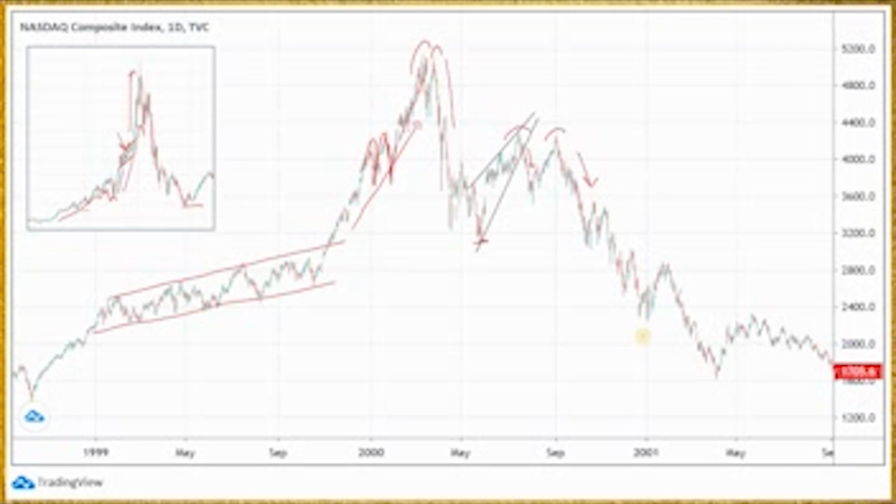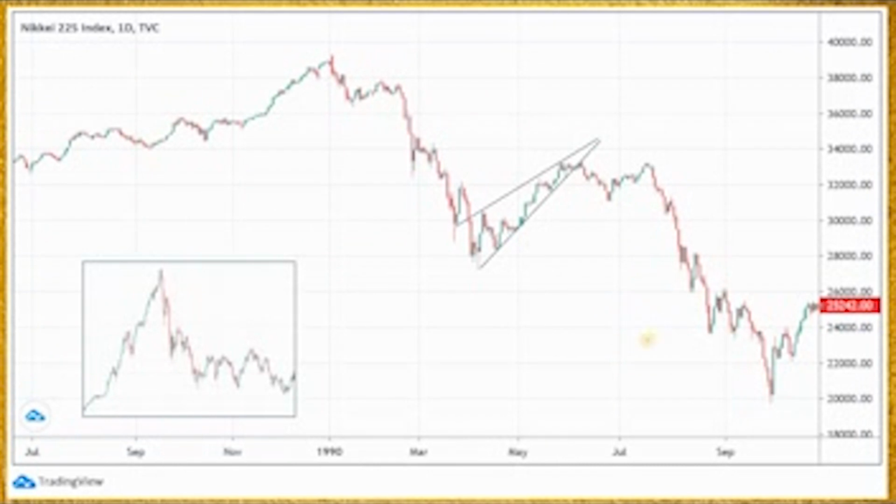But let's keep going. This is the Japanese stock index, the Nikkei 225 index back in the 1990s. If we look at this overview, you can see again that this index rose pretty rapidly. This rise does look a little bit different from the previous ones we mentioned. There is an area of consolidation over here and then a smaller one here, between those two big rises.